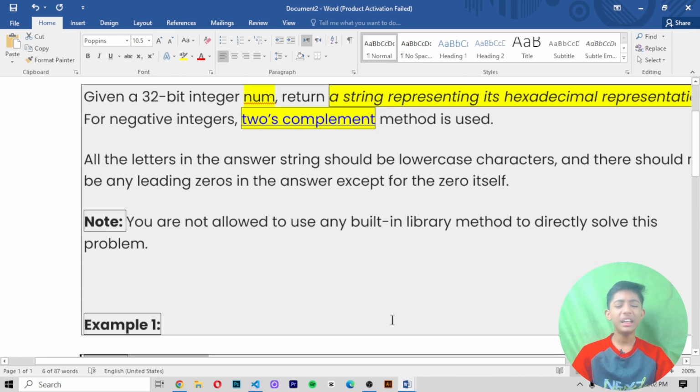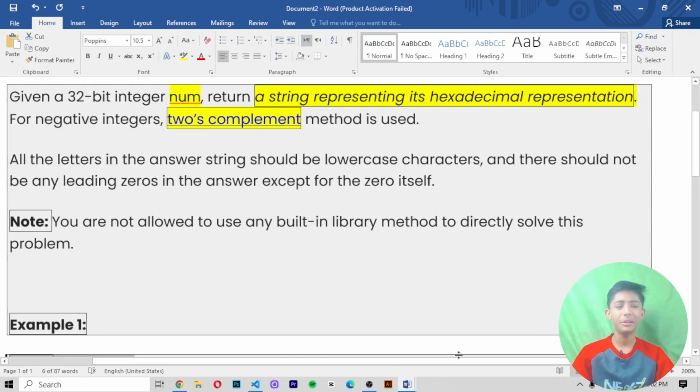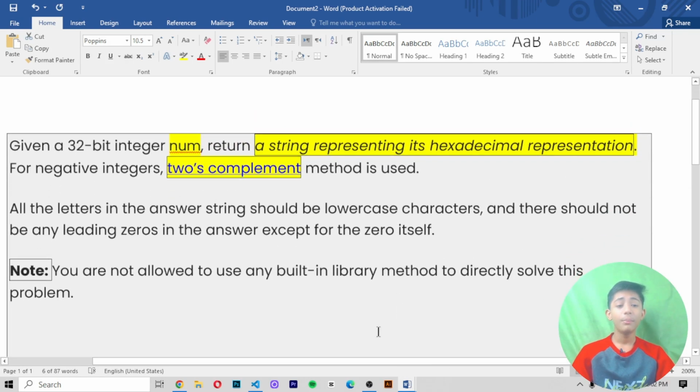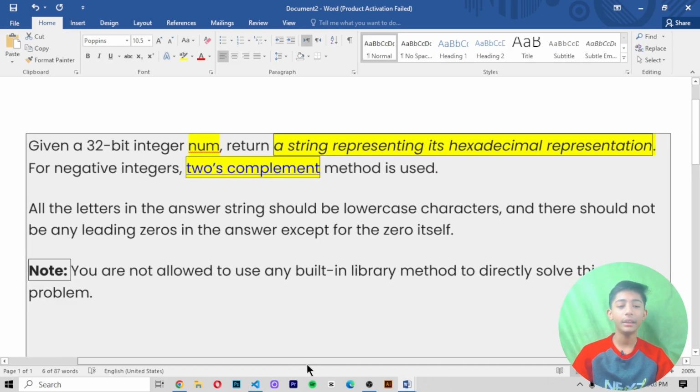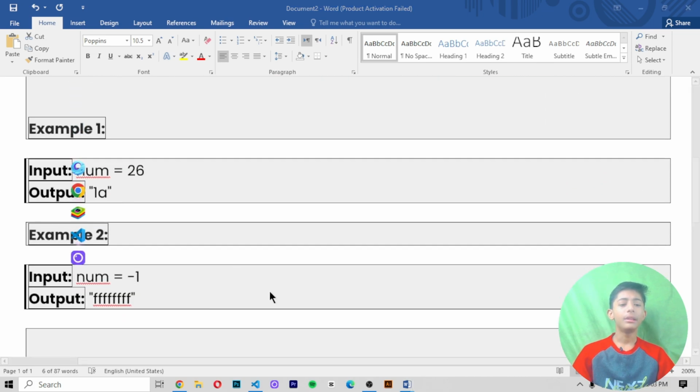So this question, I think, is not difficult. It will be very easy because there are not many things we need to highlight. There are only a few things, and nothing big. So I think this question is very easy for me, or maybe it is hard for you, but it is easy for me. But let's see the example.